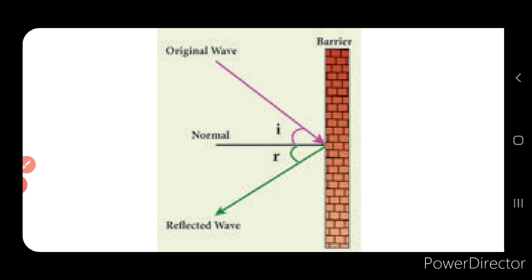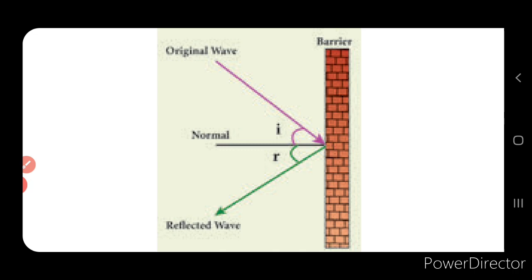Now reflection of sound is similar to the reflection of light. So the bouncing of the sound waves from the interface between the two media is called reflection of the sound. When it comes in contact with another medium, it reflects, it bounces, isn't it? So that is called reflection of sound. Now the wave that strikes the interface is termed the incident wave, right? We know that the wave comes from the source and strikes the other medium, so that is called the incident ray. And the bouncing back wave is called the reflected wave, right?